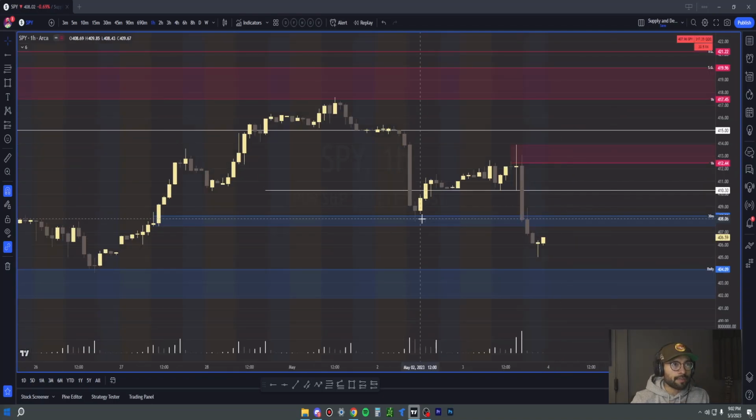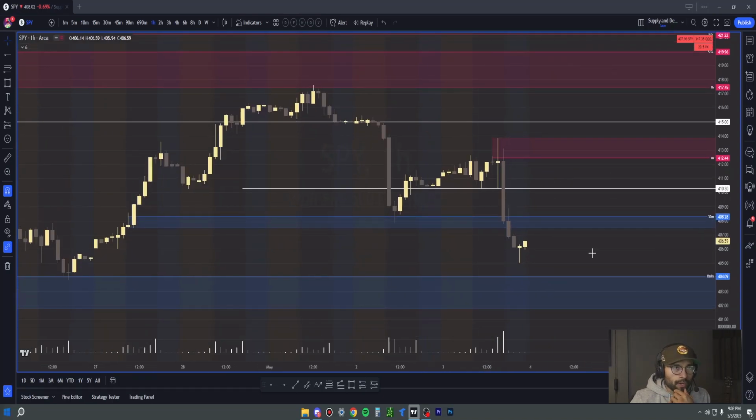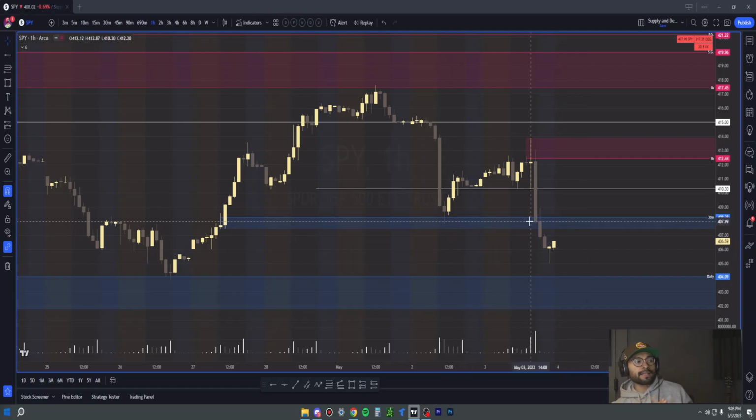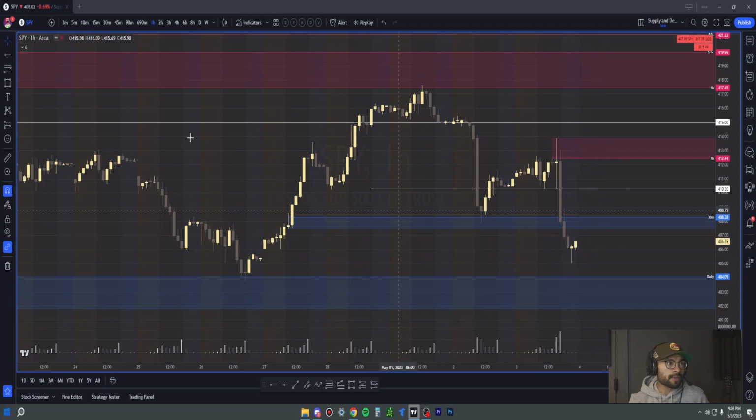So obviously here's the demand zone that held it once and we broke right below it, right? So the way I always would trade it is if price is still below this demand zone, I'm not gonna take it off yet because, like I said, price has to cut through it during regular trading hours. A lot of times price would jump up above it again and it'll still act as demand. But the fact that we're below it right now, and if tomorrow we open below this demand zone, which would be at